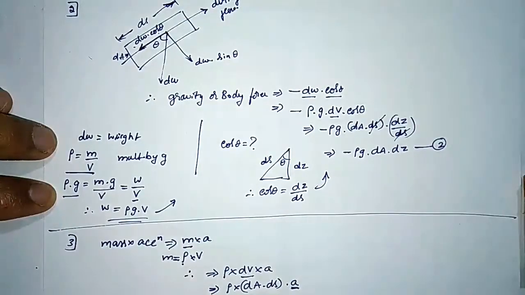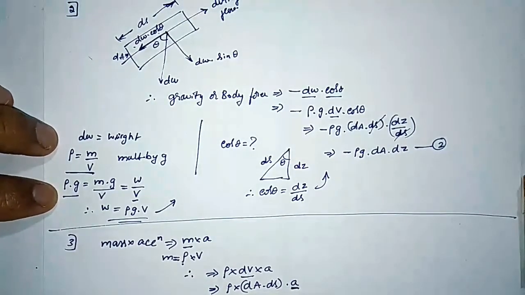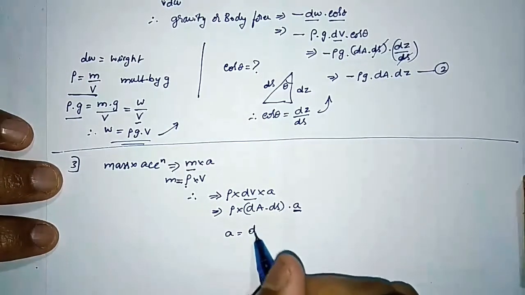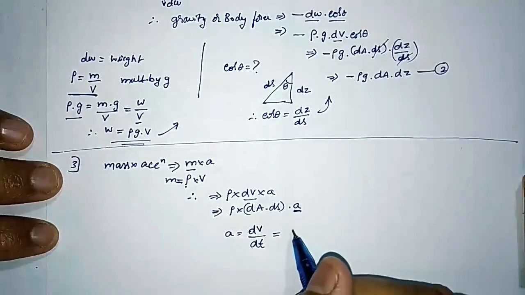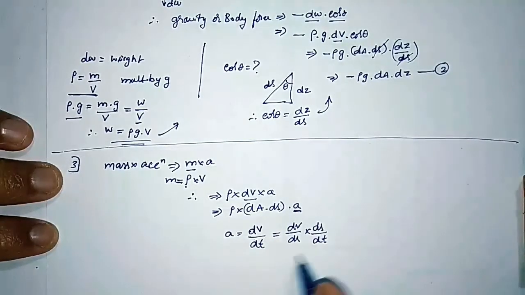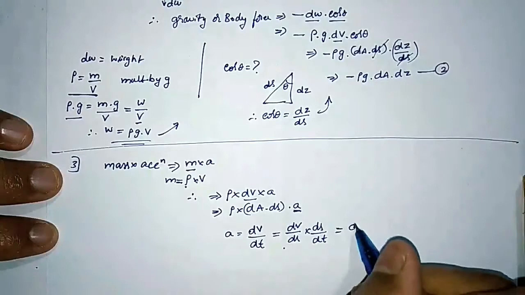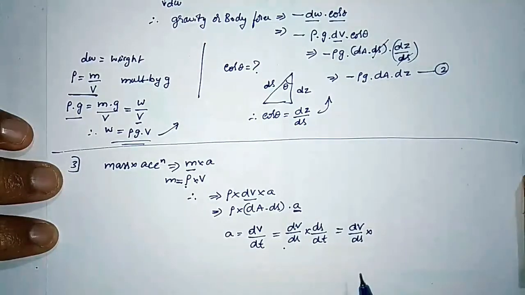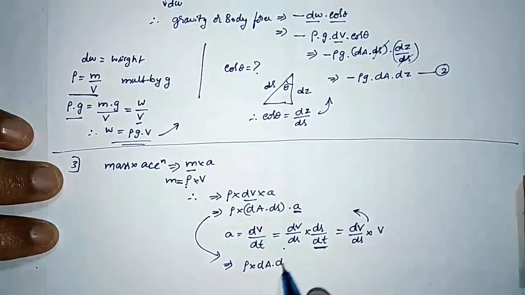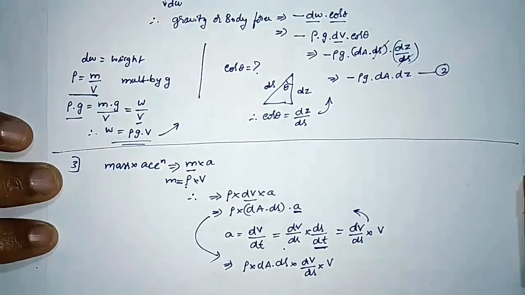Next work is to find the equation of acceleration. Acceleration is what? It is velocity divided by time. So acceleration is dv by dt, but velocity also depends on the length. So dv by ds into ds by dt. It is a partial differentiation. I am keeping dv by ds as it is, and ds by dt is distance by time, so it is velocity. So I can substitute this in the above equation. So the third equation becomes: rho into dA into ds into dv by ds into velocity v. So this is the third equation.